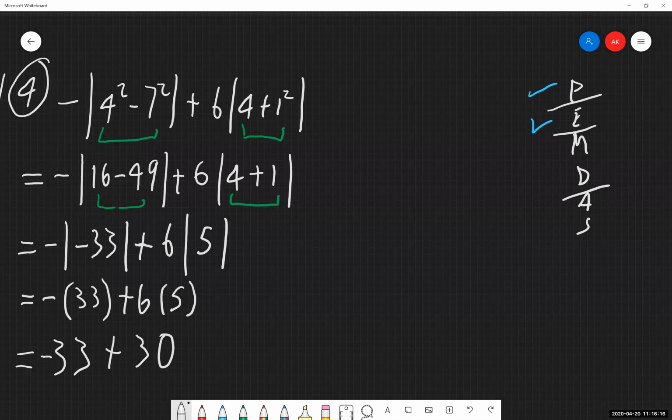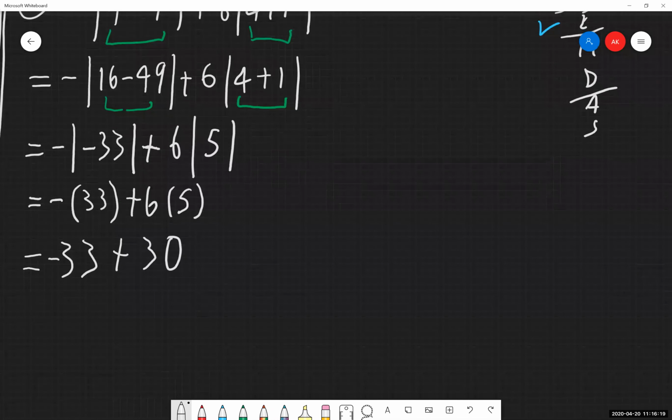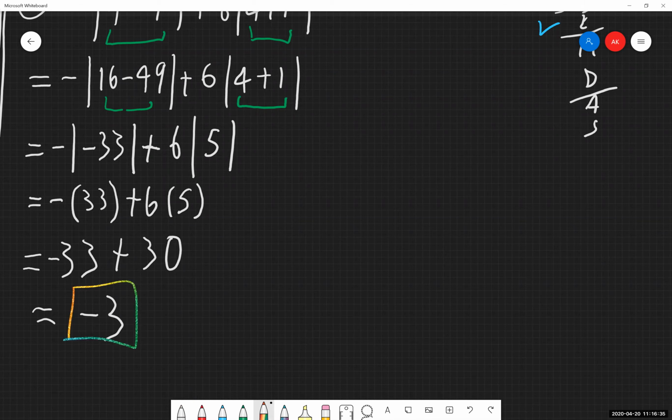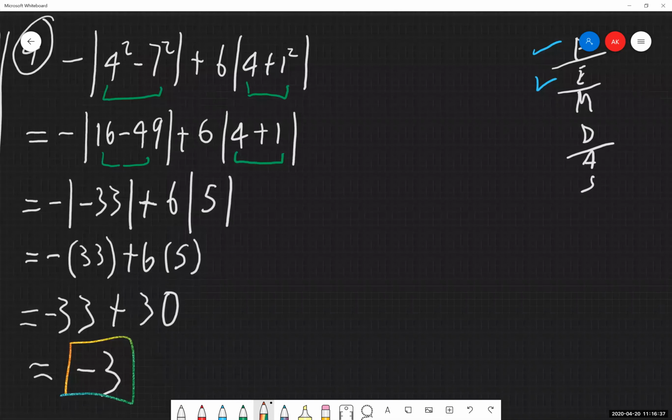And now from here, combine these together, and I'm getting negative 3. Okay. And I'm looking to see, as I'm comparing the answers that we have here to what I have elsewhere, did I do something wrong? Because we're getting negative 3 here, and my notes are saying something else.